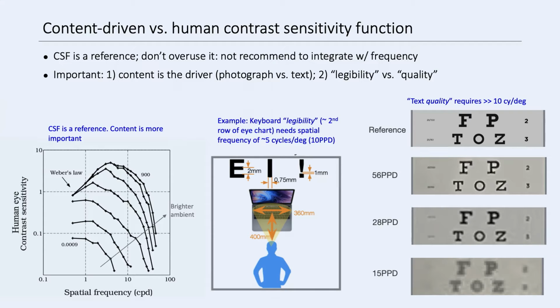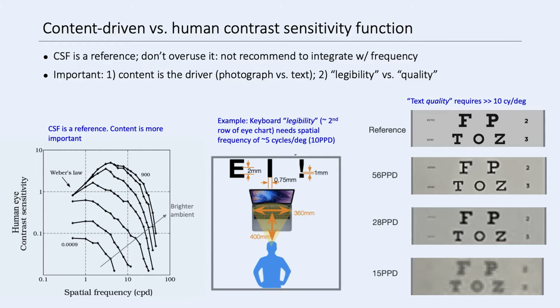than needed. Right, I'll give one example: keyboard legibility. If you use your laptops, it's very typical usage, and the legibility. If you read the text, it's about 5 cycles per degree. So that needs at least 10 PPD to resolve. But that's not comfortable. And that corresponds to the second or the third row of that eye chart